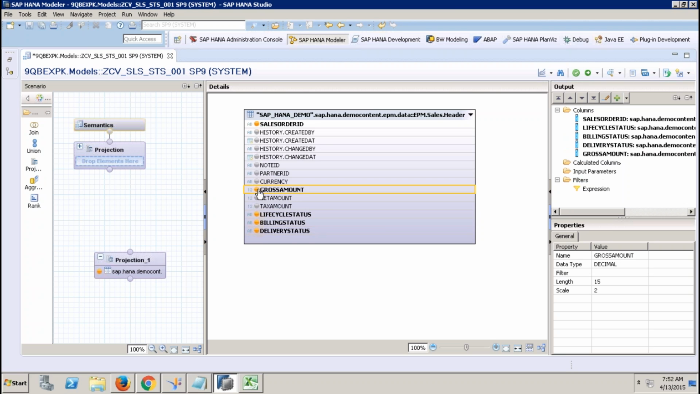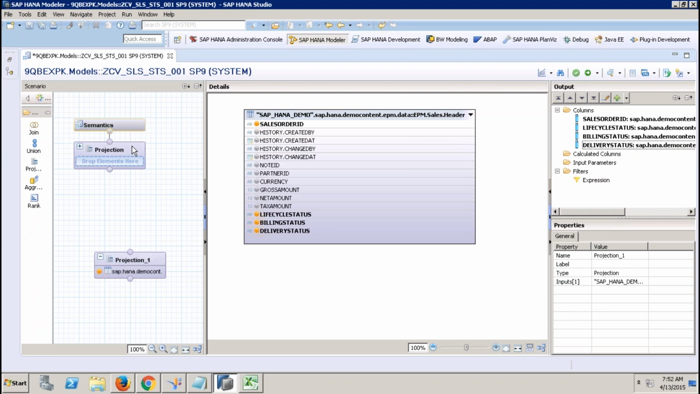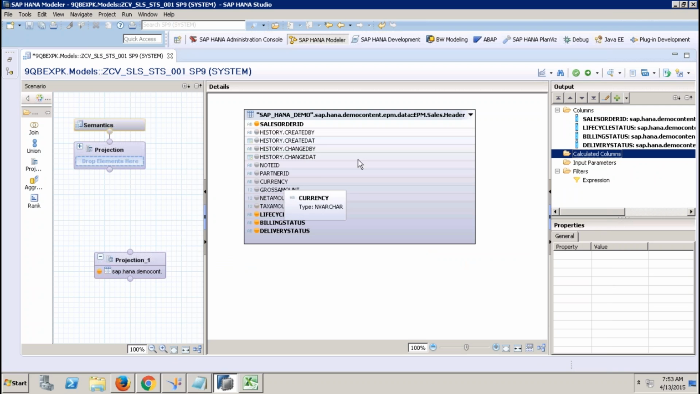Can I still use measures here? Yes. I'm just using one measure as gross amount. Or let's not use this. Confusion. I'll remove this. Let's say you wanted to have number of headers, number of orders. So what I can do is build a calculated column. Okay, sorry. This projection will not allow calculated measures here. See, by default it's taking it as